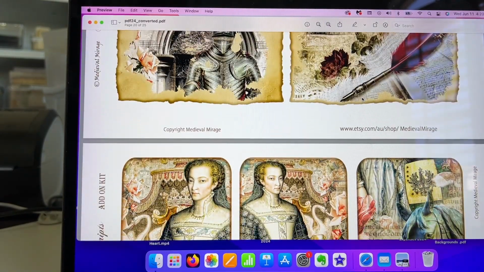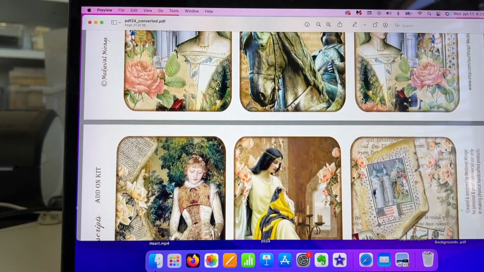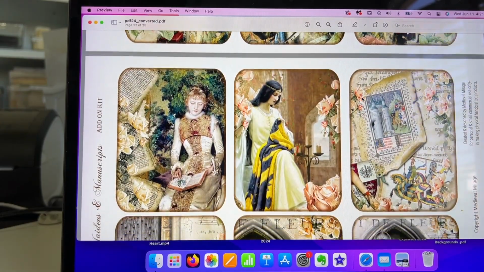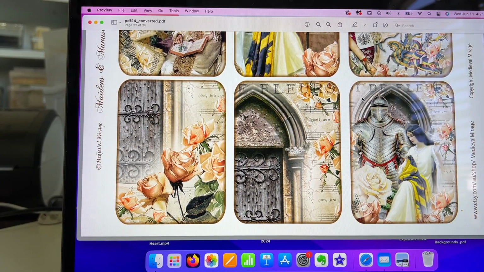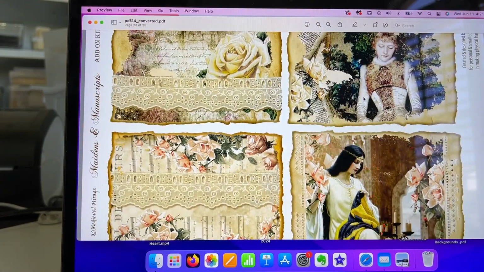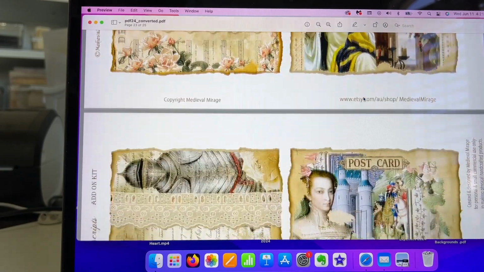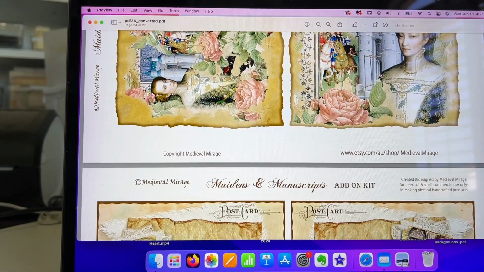Now, if you bought a kit and it only had 5 pages, you wouldn't need to do this. But with Medieval Mirage, you need this program. I'm telling you, you need it. You need this program. So anyway, I hope this Quick Tip Thursday helped you a little bit more in explaining why I think that PDF converter